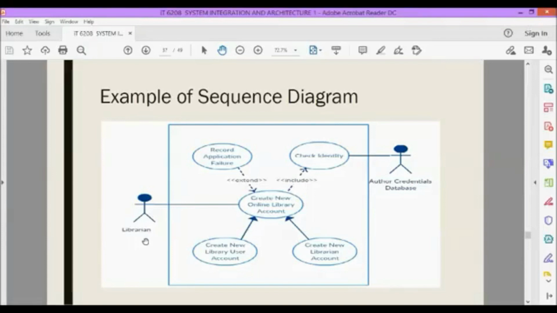So the librarian basically requests the system to create a new online library account. Then the librarian selects the library user type, and then the librarian enters the user's details, such as name, last name, first name, middle name, USN number, program or course, address or contact number. And then the user's details are checked using the user credential database. Basically, the system will identify if there is an existing record or if there are some duplicated records inside